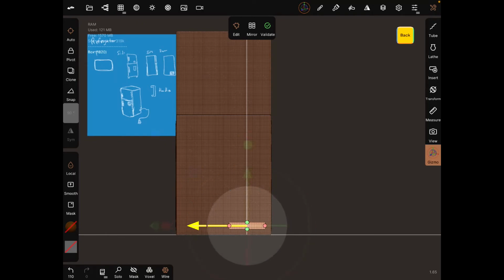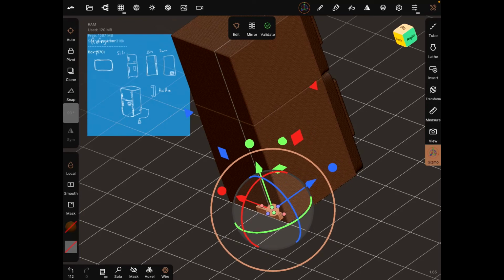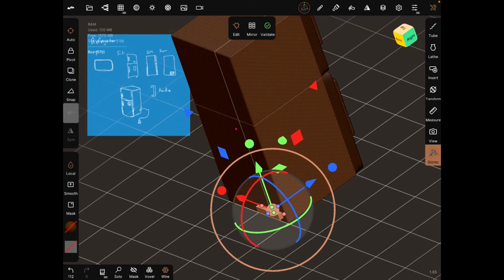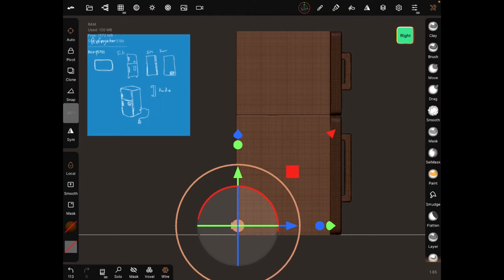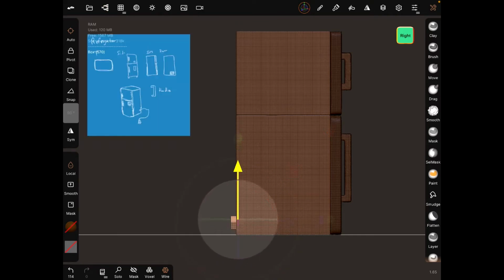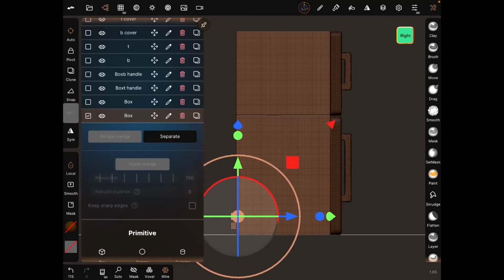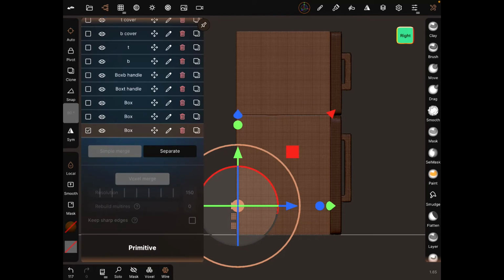This is probably where the motor would go or something like that. Make it way thinner than that. Go to your right here, then press validate, clone, up, clone, up,